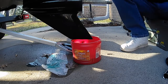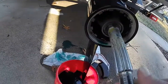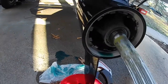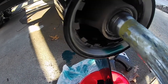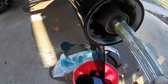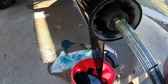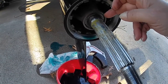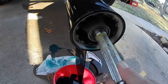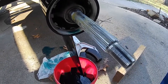But that's what you'll find is the biggest part of the problem. If you notice here, there's no up and down play at all, and there's a little bit of play here, and there should be, you can hear it. But when your prop is tight, it should pull out on this a little bit, because you're tightening it here and it's pushing against that bearing here. So it should put it where it's supposed to go. And if I spin it, there's no noise. So that should help some of you,